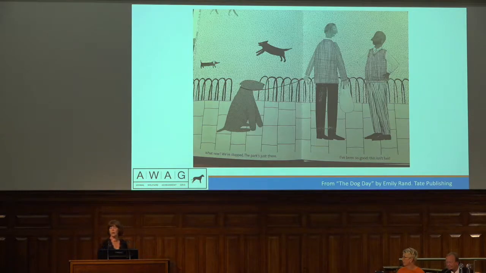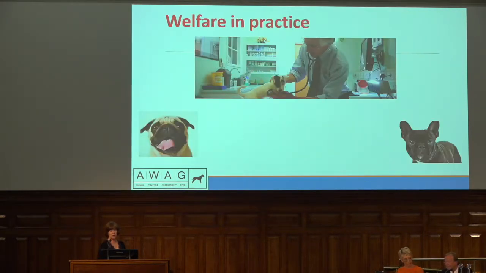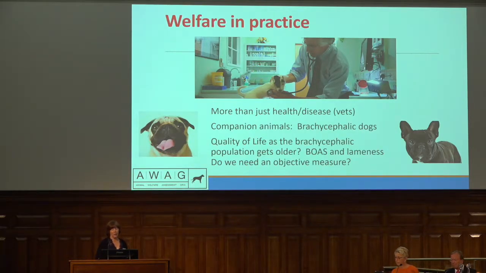So what sort of environment is that? How does that impact on the animal's welfare? So welfare in general practice. It's not just about health and disease. Vets tend to think health, disease, I've got to make the animal better. So if we think about companion animals, think of the number of brachycephalic dogs that are around now. The number's going up and up and up. They're very popular. How are we going to measure the quality of life of these animals as that population gets older? As they go down with obstructive airway syndrome and lameness, we need some sort of objective measure to look